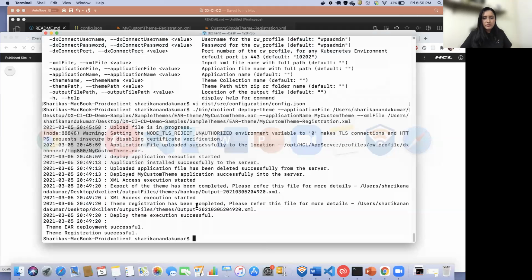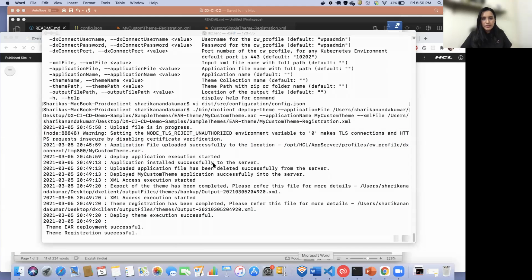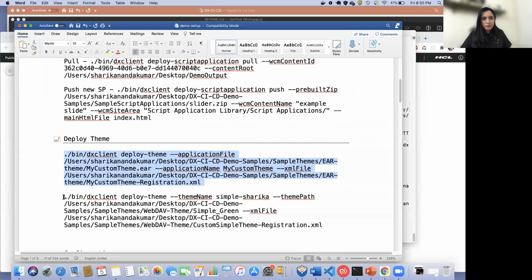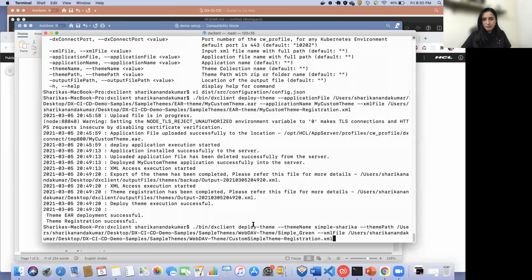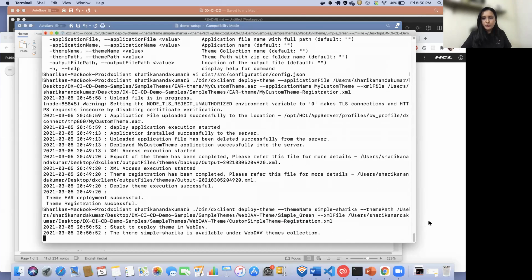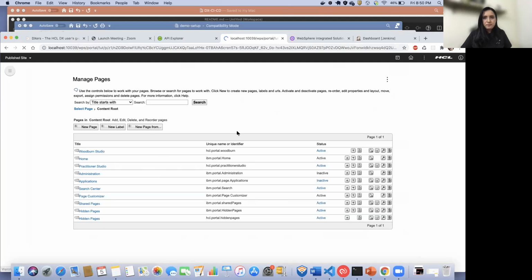So one more command is there for the web dev deployment. I will run that also parallelly. So in web dev deployment, the only difference is that you need to give two different parameters, that is a theme name and a theme path. So the path could be a simple folder or a zip file even, and also the XML file to just register it. So let's run this web dev theme also while we bring this up.